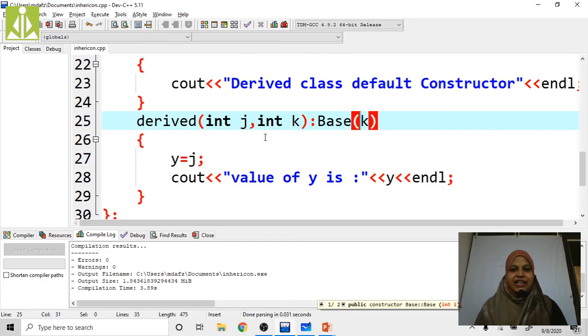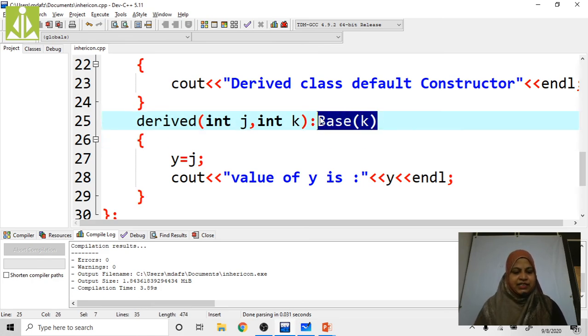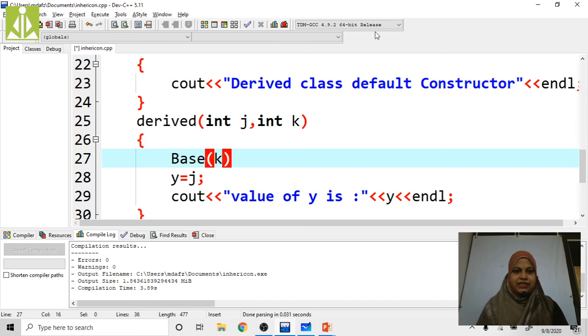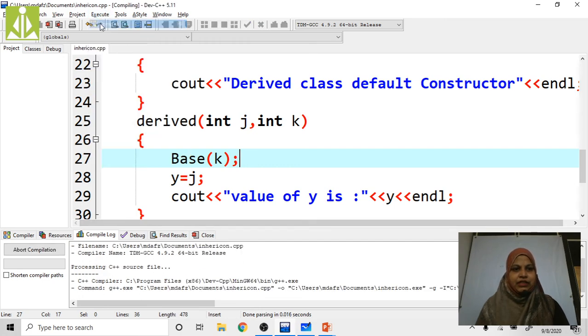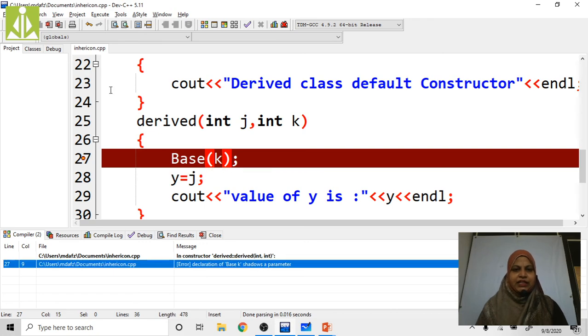Here directly we are writing this Derived(int j, int k), this is one type of declaration, and one more type of declaration is the constructor call directly here. We can invoke in this case also, right? Put the semicolon. Save this program. Now try to execute this one. Compile. Okay, base k shadows the parameter.